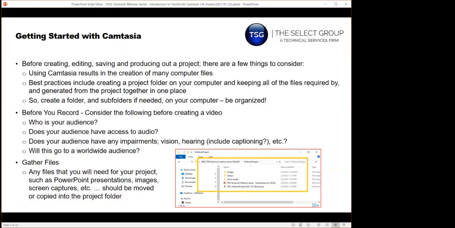And before you record, you want to know who your audience is. Younger generation, older generation. Those two demographics obviously tend to have different computer skill levels, so you have to think about those things. Will your audience have access to audio? Do they have any impairments such as vision or hearing? Are you going to use closed captions for the hearing impaired, and make your video a certain way so that the visually impaired can